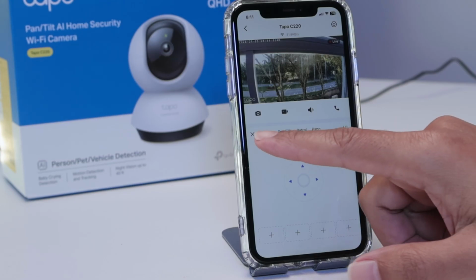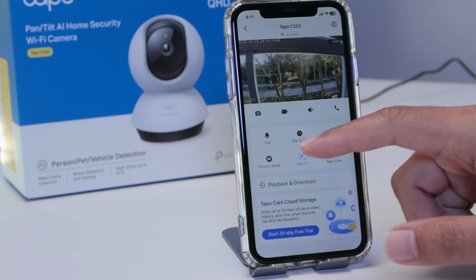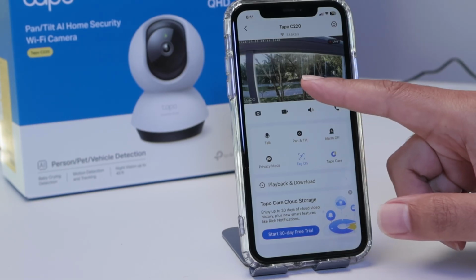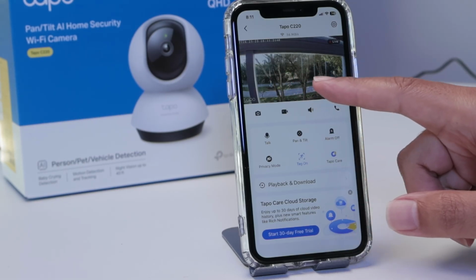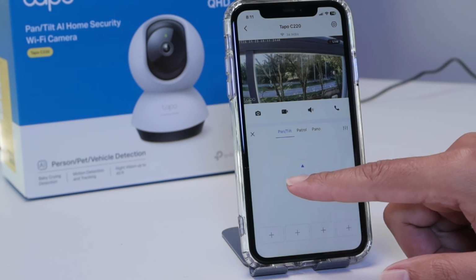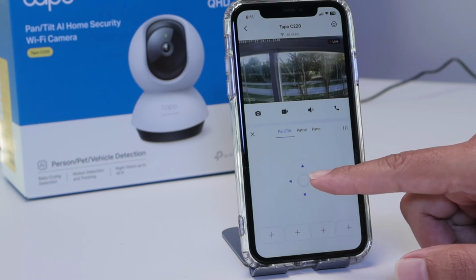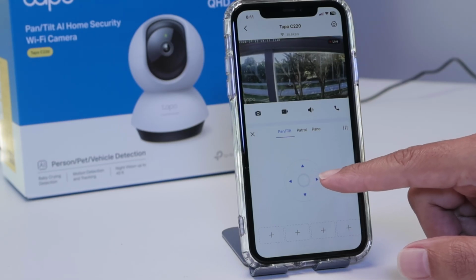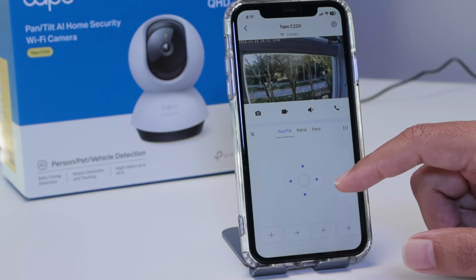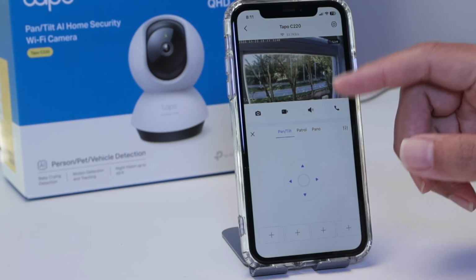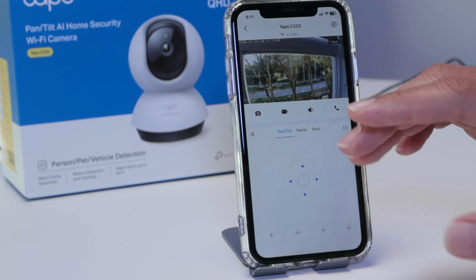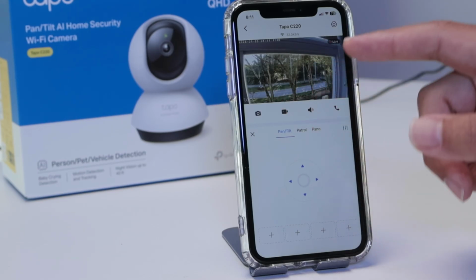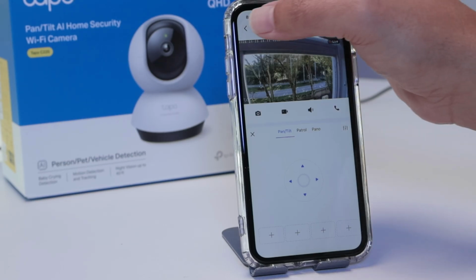Here you see that I have my camera working with the Tapo app. I also have the tag on, so I can check if the motion is working in front of the camera. It's a pan and tilt camera, so you can control it and move it to different directions from here. When the camera is static, looking in a specific direction, it can detect motion, and then it triggers